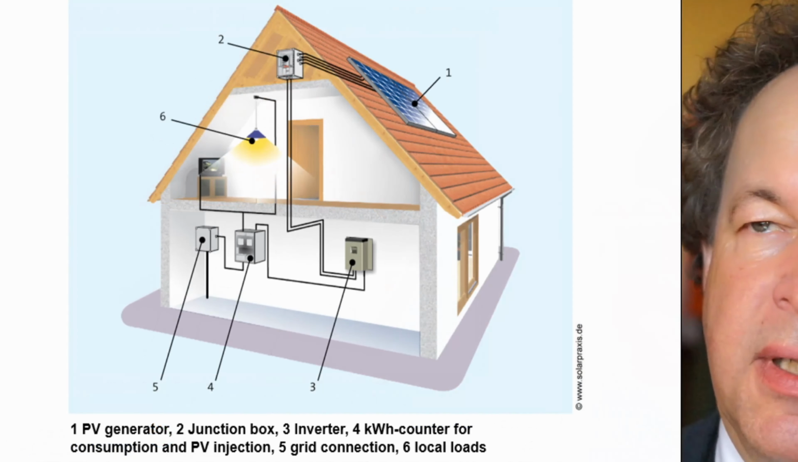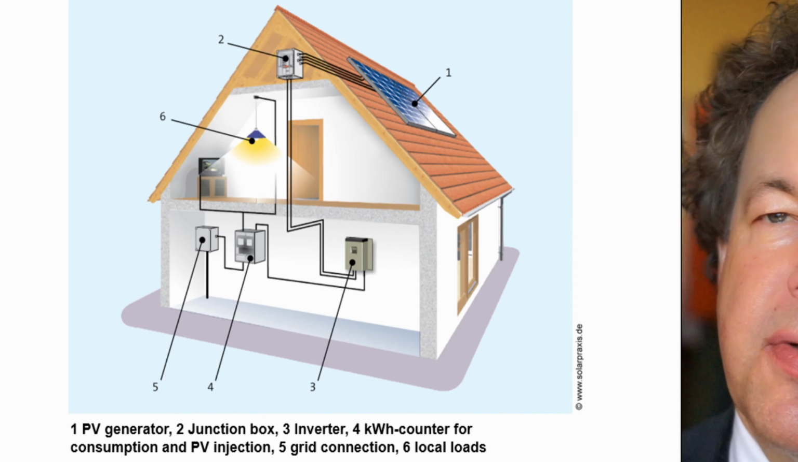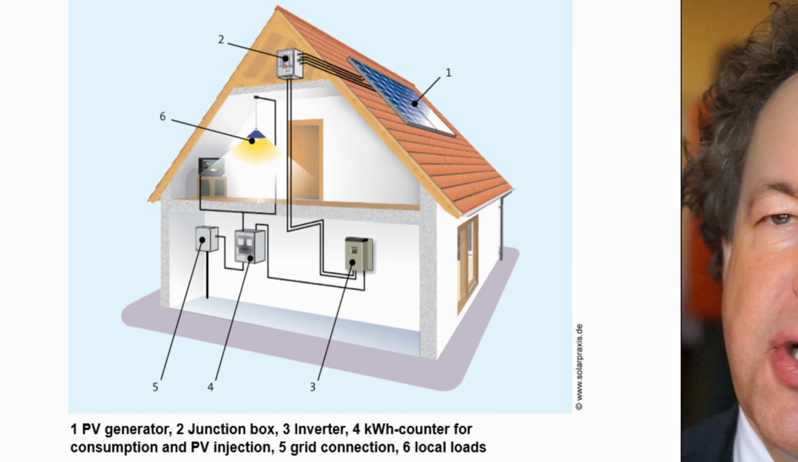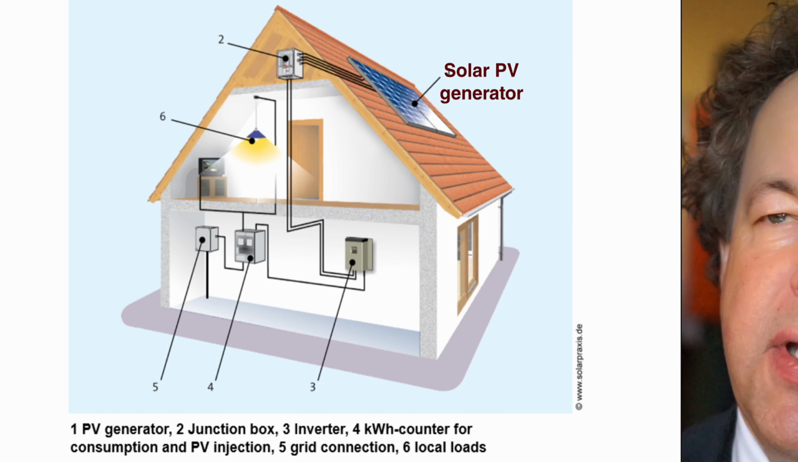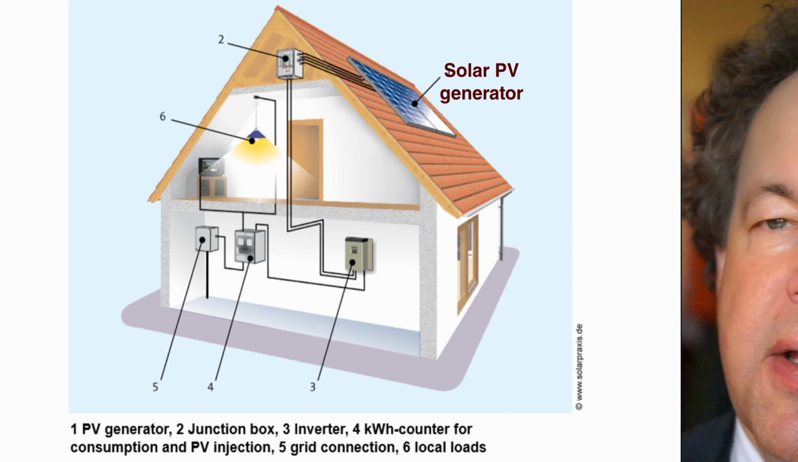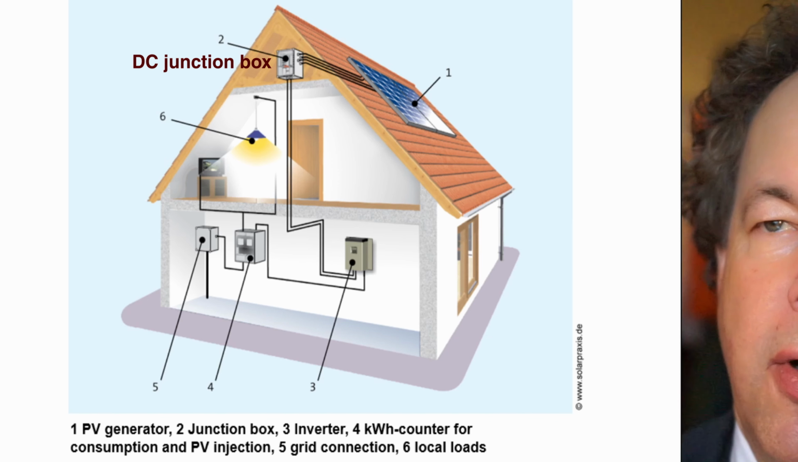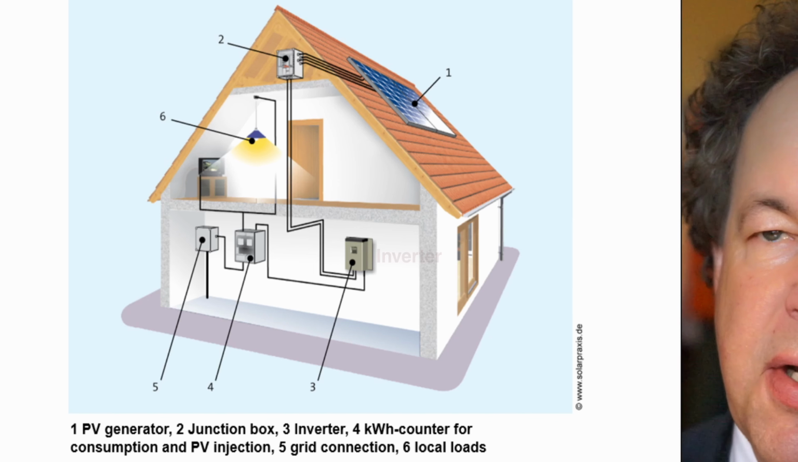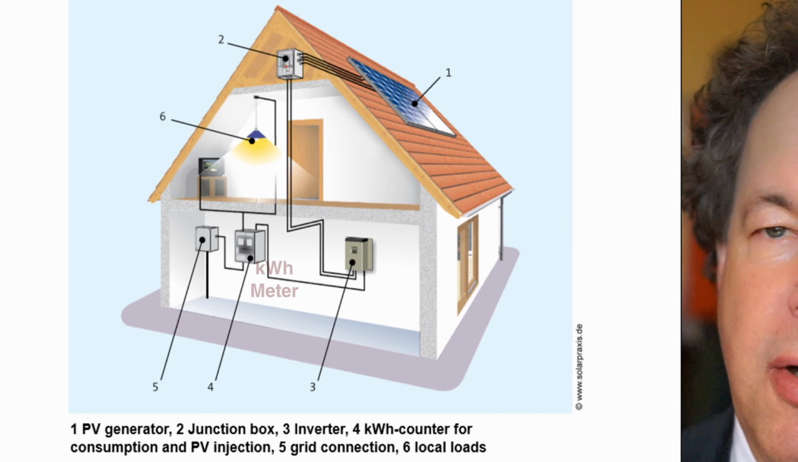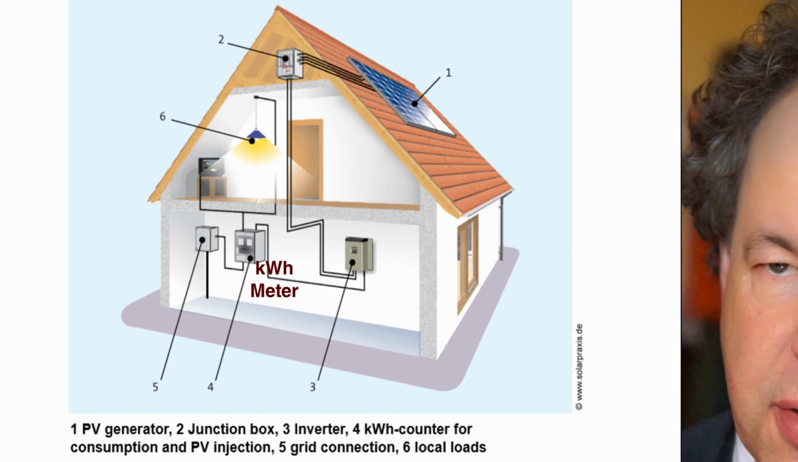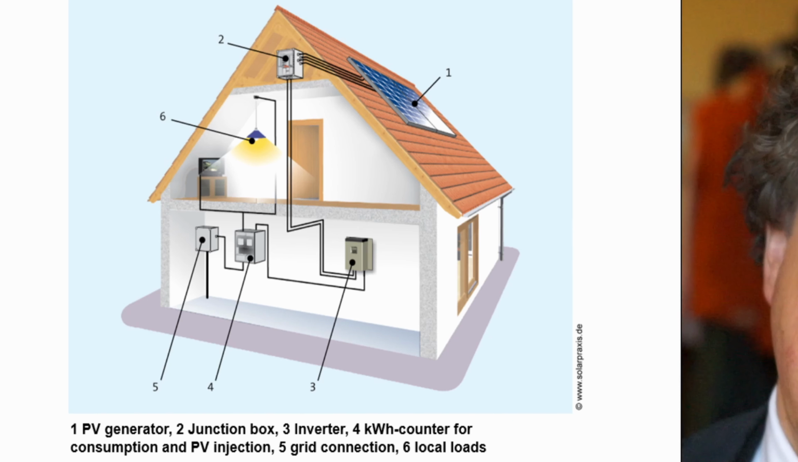Here you see an application which has been used for almost 2 million houses in Germany. Grid-connected PV system. You have a roof covered with PV or partly covered with PV. Then you have a junction box where all the modules are connected, either in series up to a voltage of 1000 volts or 1500 volts, and then in parallel. Then you have the inverter. And you have a kilowatt hour meter or counter for consumption and PV injection, grid connections,